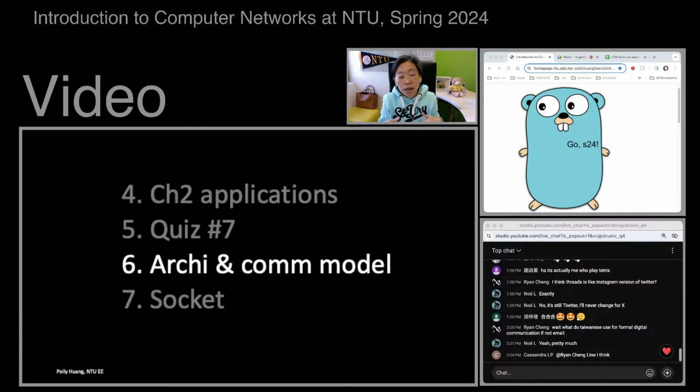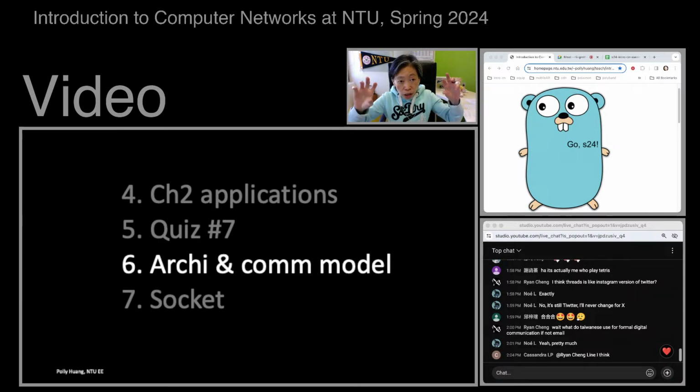Now, a little bit more formally, when you are designing a network application, there are a few things you need to define. First is how these programs on different end systems will communicate. There are different models, different architectures. That is the video we'll be playing next. But let me just go a little bit further. Second thing you want to do, once you have established the model of communication, is to enable the communication. You need to start something called a socket. So these programs, to establish a connection, you call the socket API. That is something that we'll talk about first thing tomorrow morning.